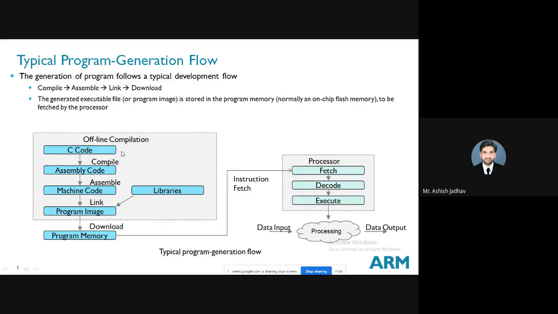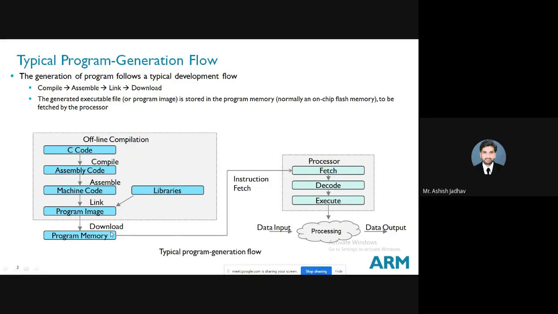While writing a C program, internally what happens? It will be compiled to assembly code, means the C code is converted to assembly code, right? Then the assembler converts it to machine code, machine level language. Then it will be linked to the program image. Here the linker will add all the required libraries, startup program files, etc. into this program image. And now you have this uploader, or you can say the download.